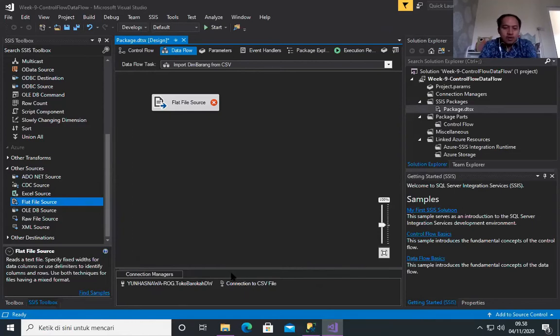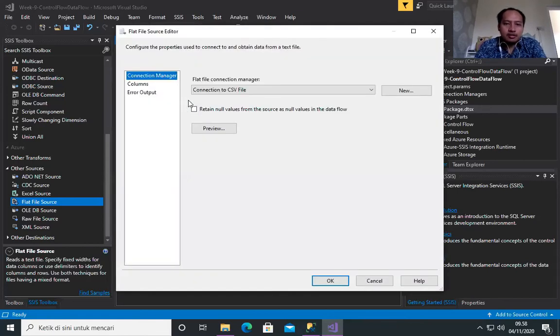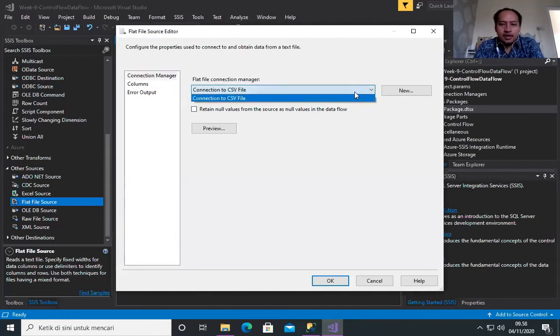Okay, so now we have two different connection managers. One connection manager to our database, Toko Barokah DW, and another connection manager to our CSV file. Okay, let's now configure this one. Double click or you may right click edit. It's the same. And then we just need to define our connection manager.